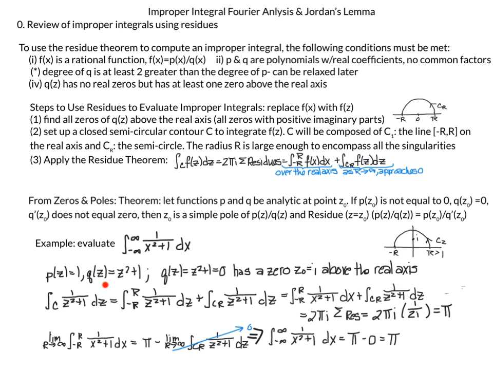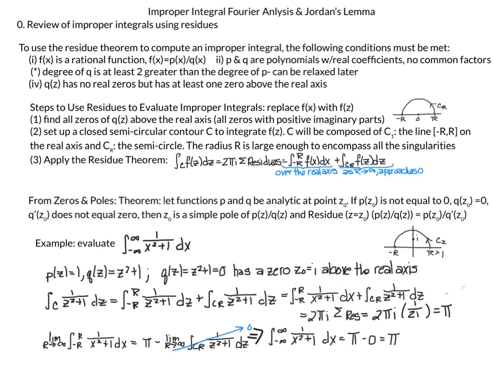We can use the Cauchy residue theorem to evaluate this integral over the entire closed contour C, and we'll say that's equal to 2 pi i times the residue of the singularities inside. We calculate the residue using this theorem here, and we get the residue is equal to 1 over 2i, which then simplifies this closed contour integral to pi,